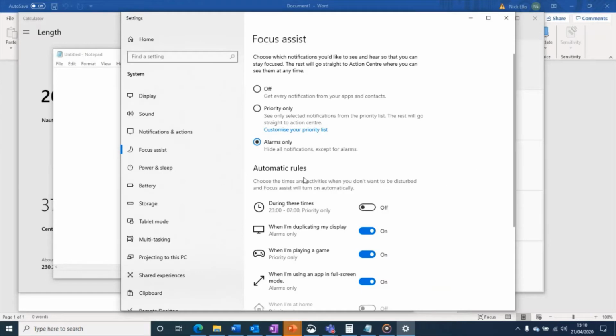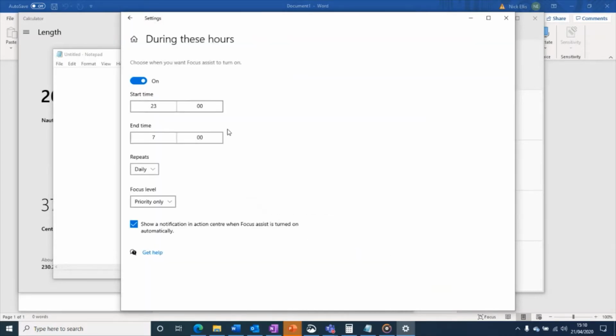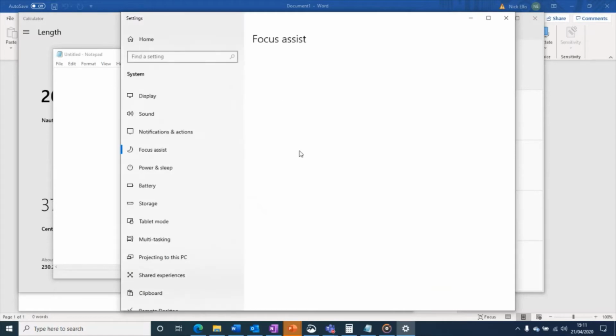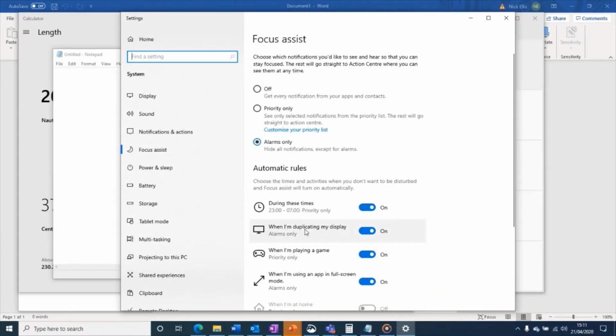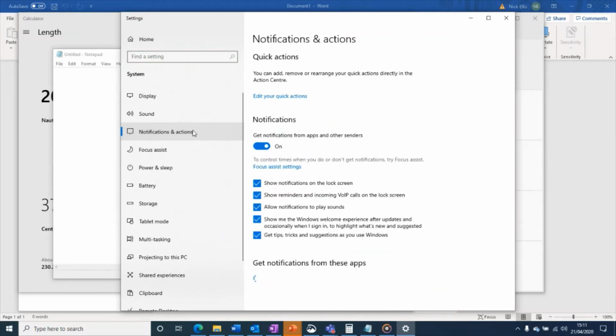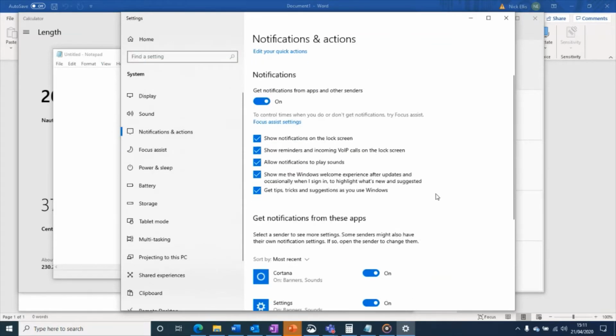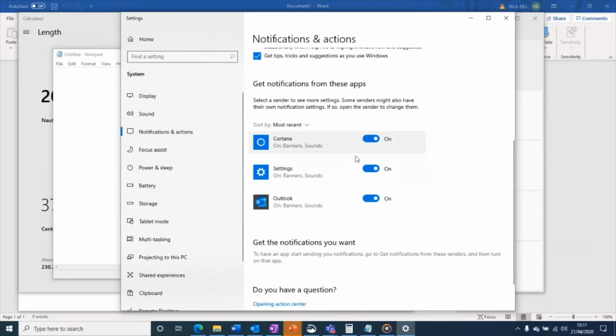You can also set, so for example, if you leave your laptop on, you can say don't bug me with notifications between 11 PM and 7 AM. You can configure that, and the reason it's running now, which we just saw, is that one there, because I'm duplicating my display. So notifications and actions, we can also get into more sophisticated, so what is allowed to show